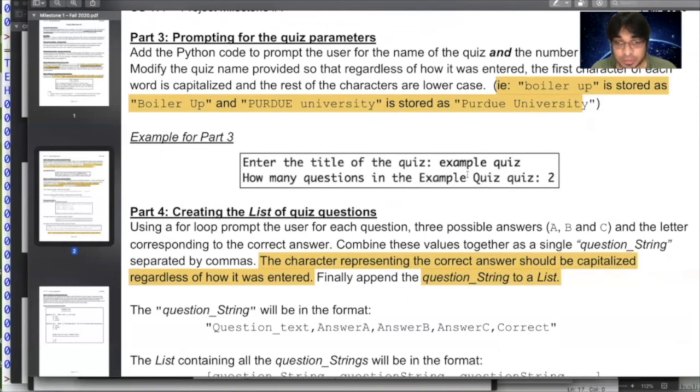This example quiz term is not hard-coded. These two words are coming from the input given in the first input from the user. And look at the E and the Q. They have been uppercased. Okay. So now the user inputs that I'm going to input 2 questions.